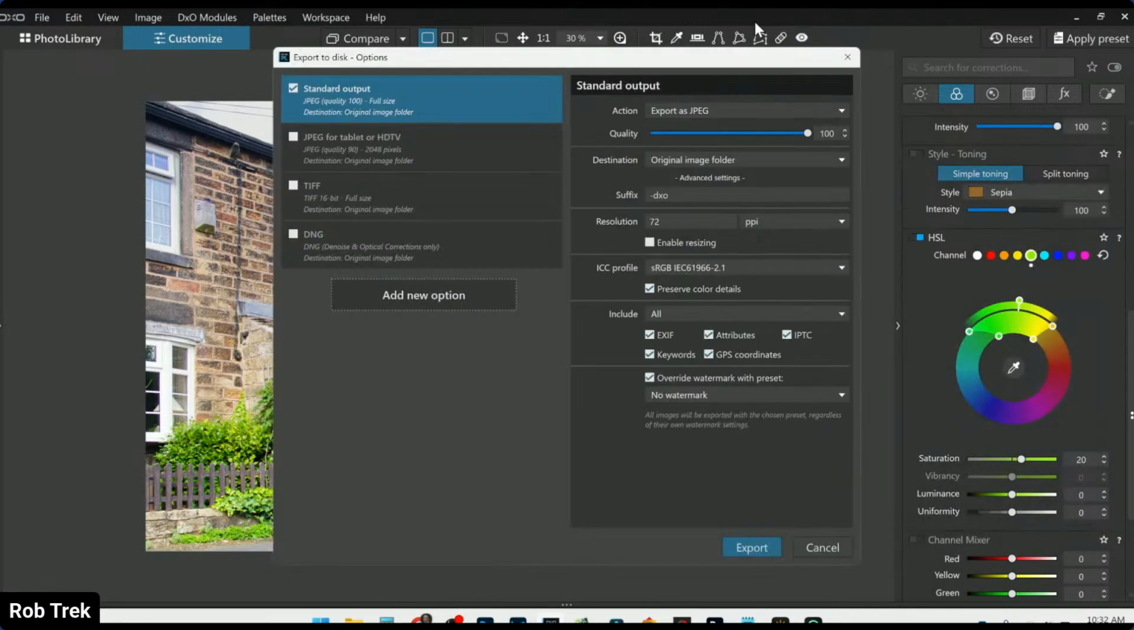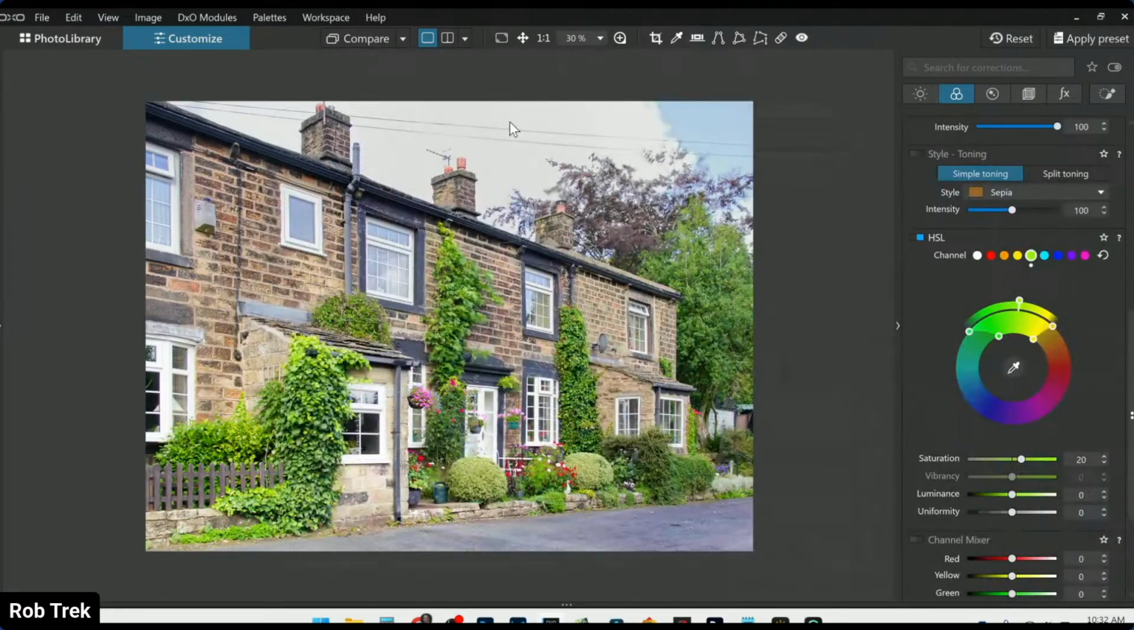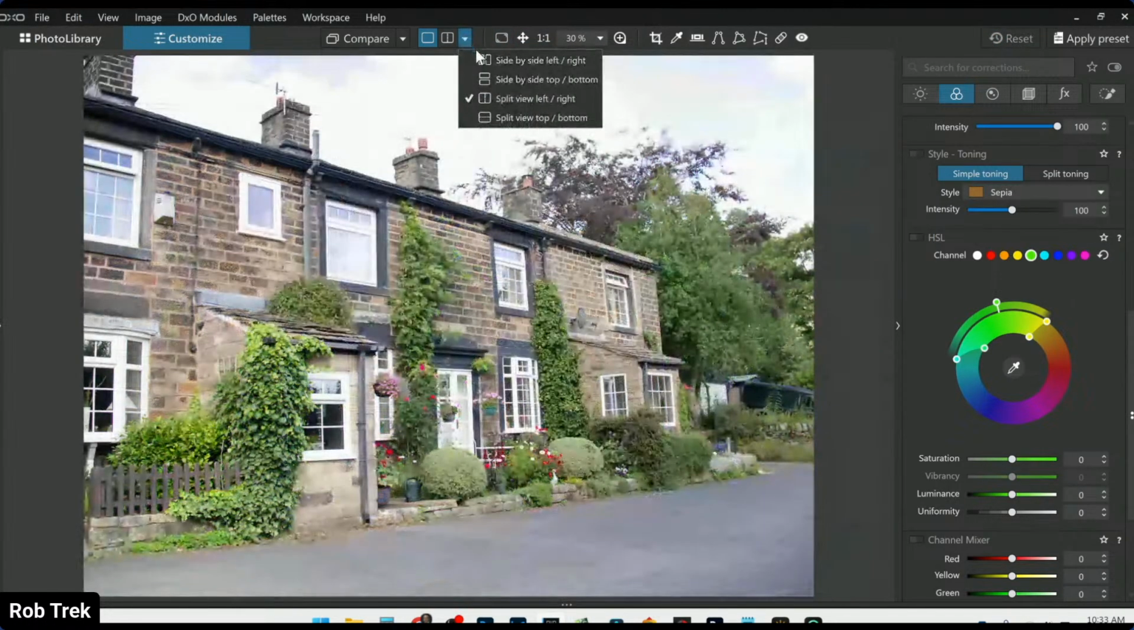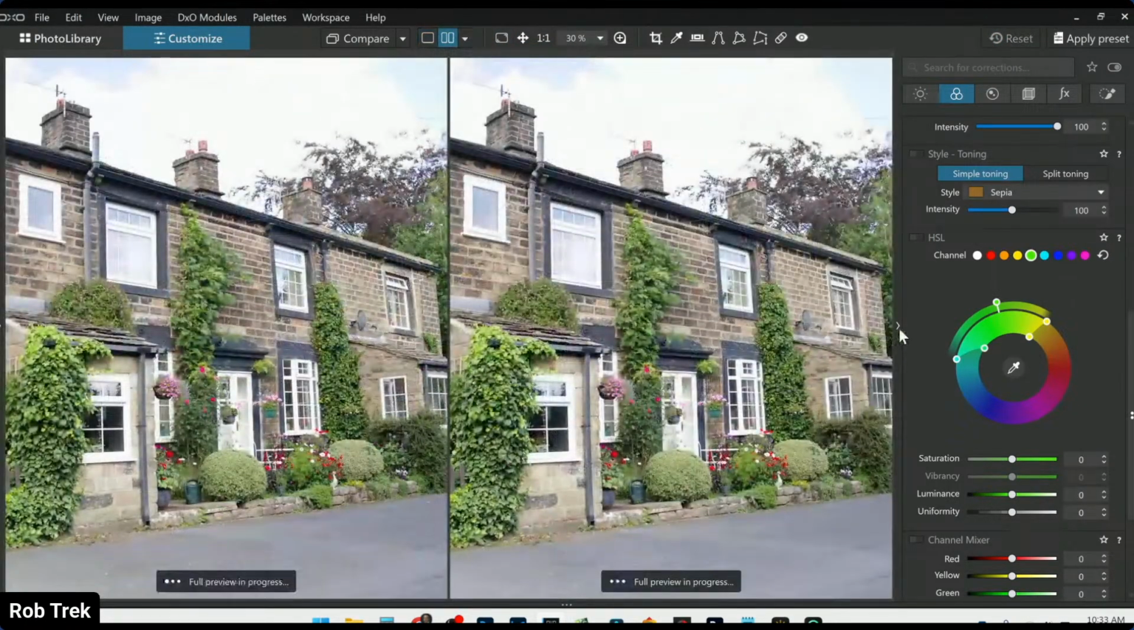So let's export that. Oh, it's a handheld high res shot. Okay, very nice. Very, very nice. Let's reset and do a side by side with,